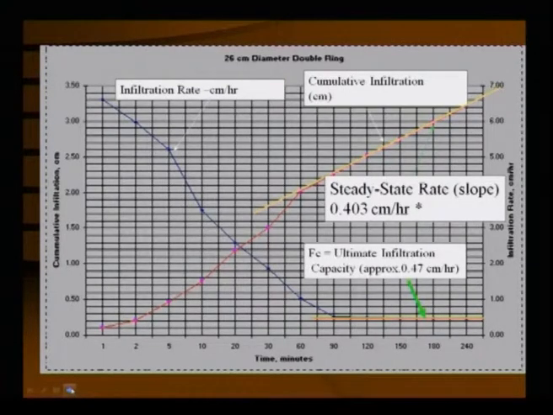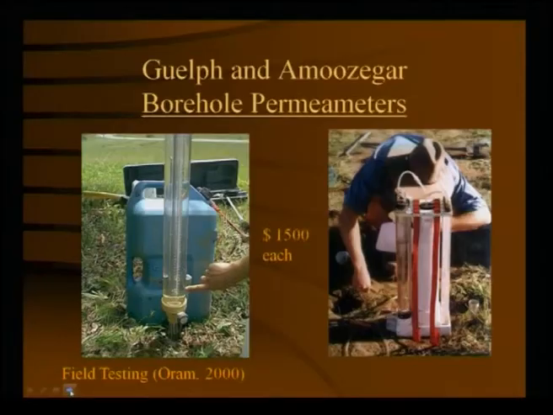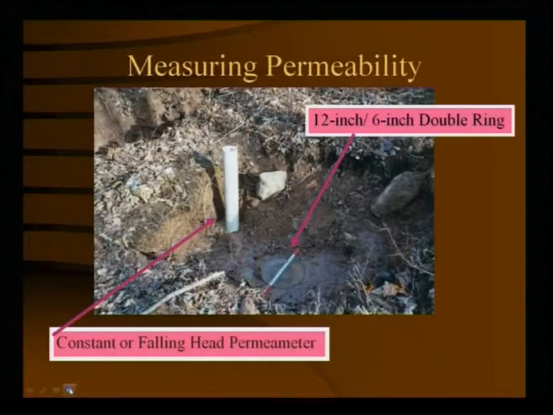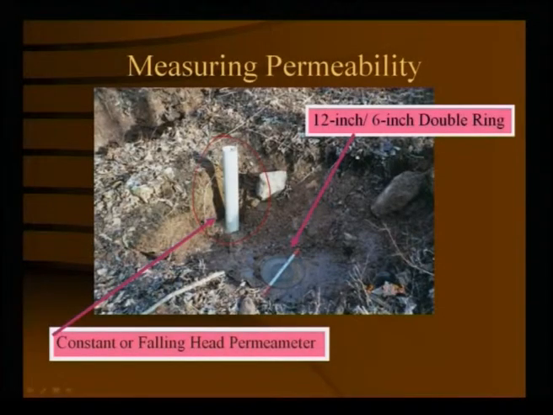Now, come back to this field test. Look at this, by means of the in situ boring method, this is your borehole, you made the borehole here and the boring pipe has been inserted here. By means of a single ring, 12 inch or 6 inch, or a double ring, you allow water to flow inside, so that a constant head is achieved.